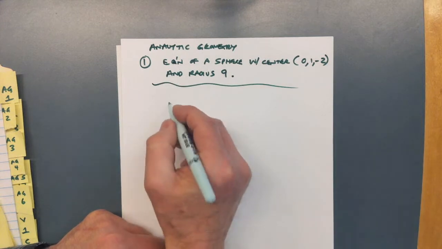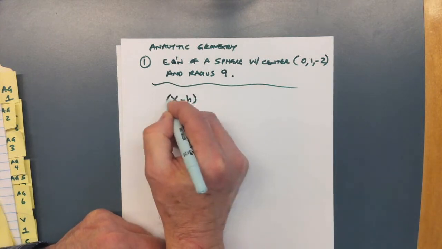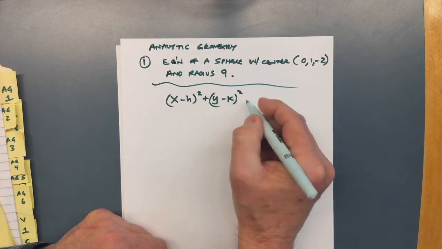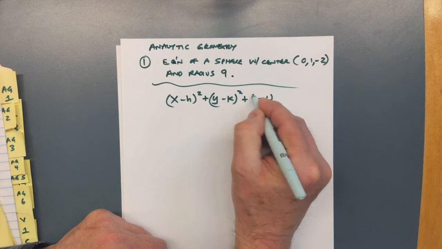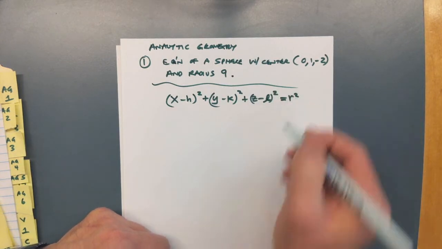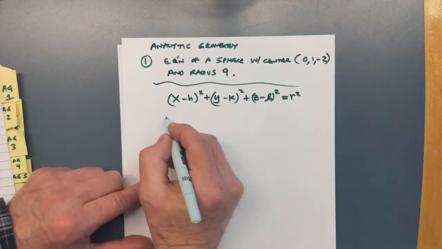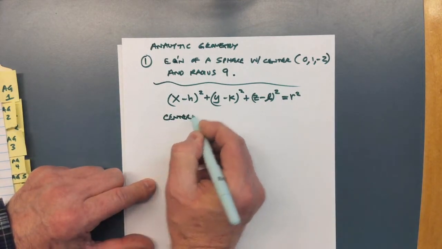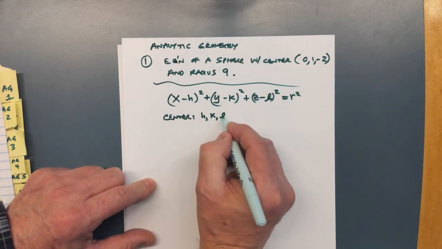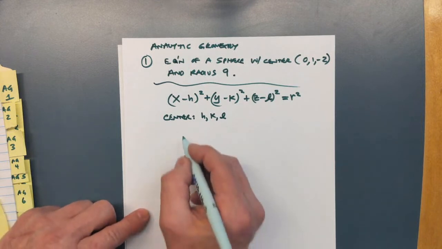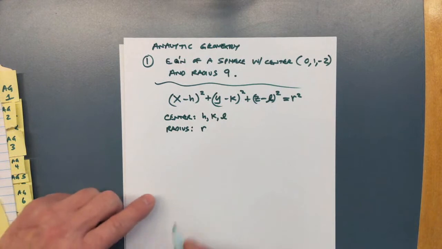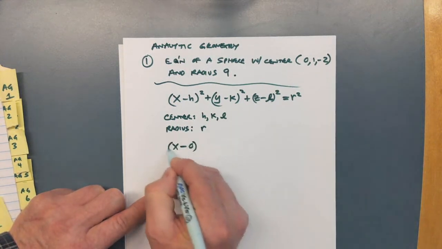That's the question, and the general equation for a sphere is this. Where the center, so I guess this is in the equation sheet that you get, is h, k, and l, and the radius is r. And so substituting, you get